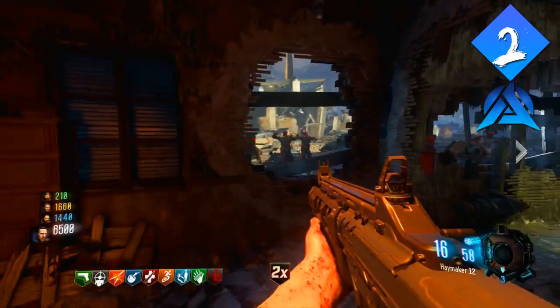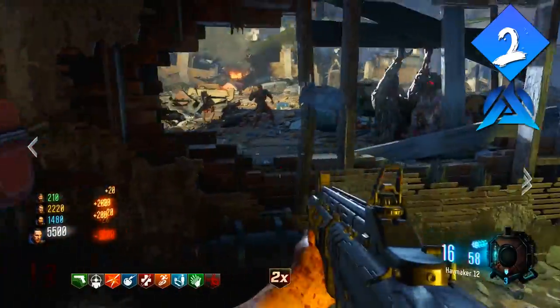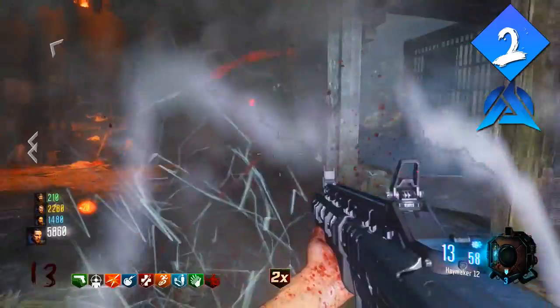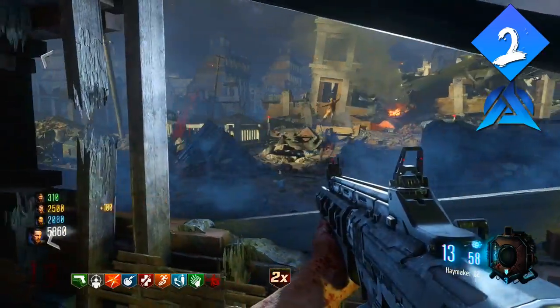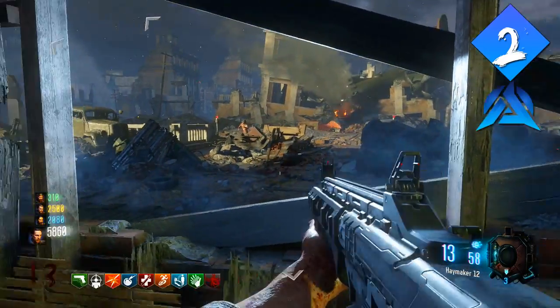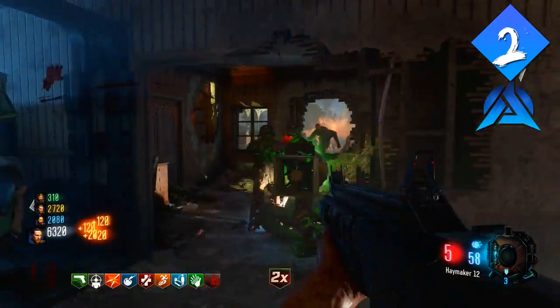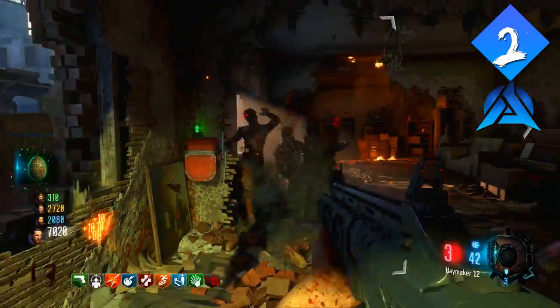Coming up in our number 2 spot, we have the Flinger Trap, which is actually in 3 locations. The first one is the Dragon Command area on top of the steps. Then the other 2 locations are on each side of the hatchery on the 1st floor. Now, I believe they're 1,500 points to use, but it does kill zombies at a slightly decent speed, which is